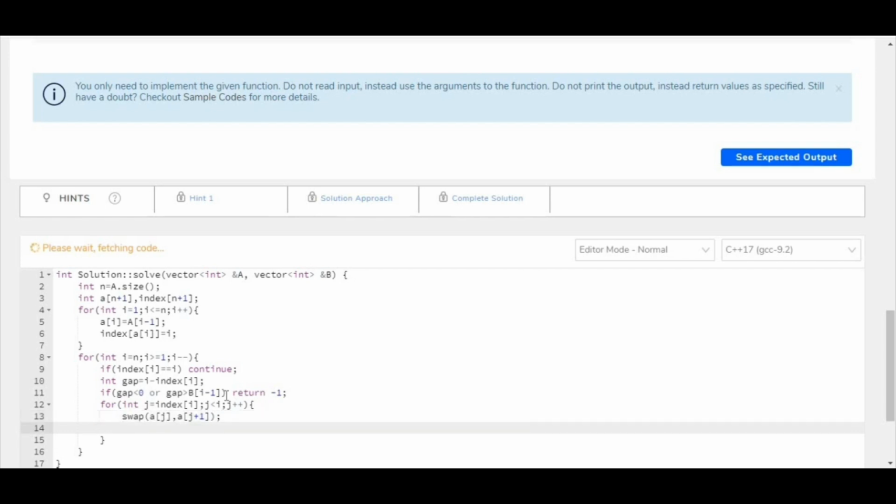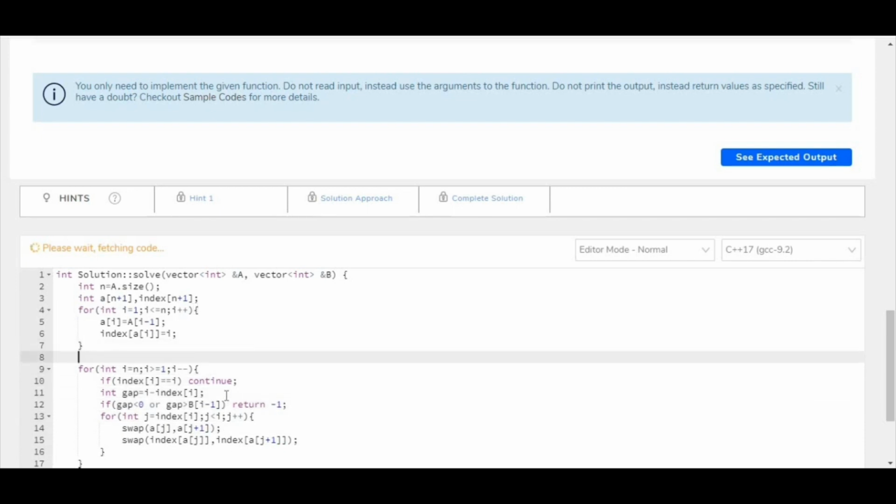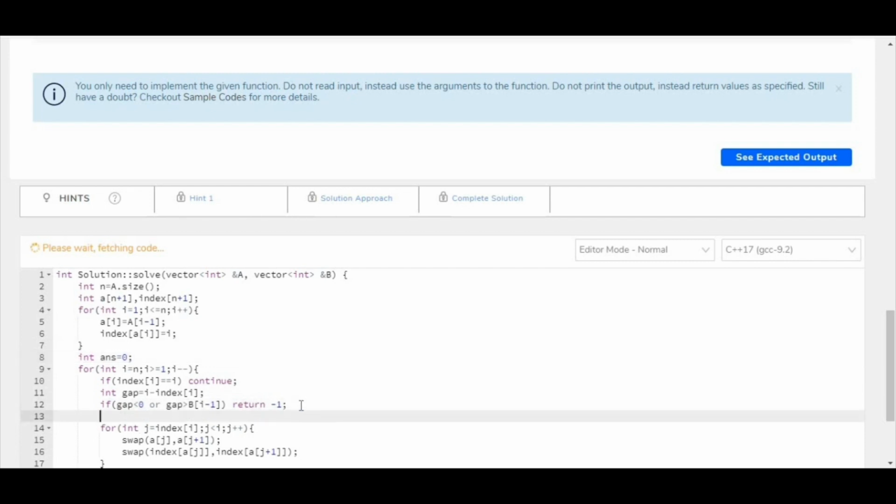Again, we need to update our index as well, and this could simply be done by swapping index of a[j] with index of a[j plus 1]. Also, let's keep an answer because that's what we need to calculate. If gap is not negative and gap is not greater than b minus 1, then we can simply increase our answer by gap, because that's the minimum number of swaps we have to do.